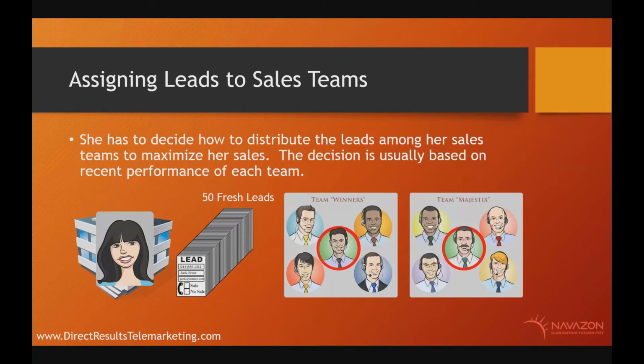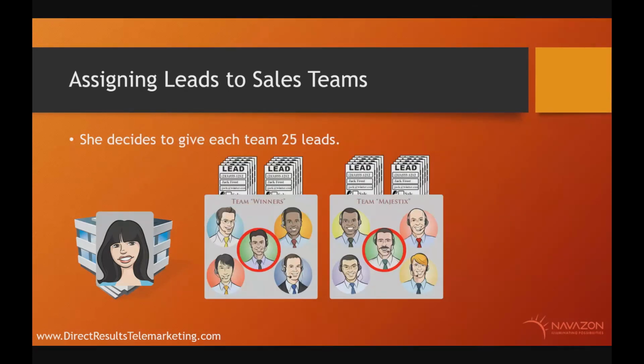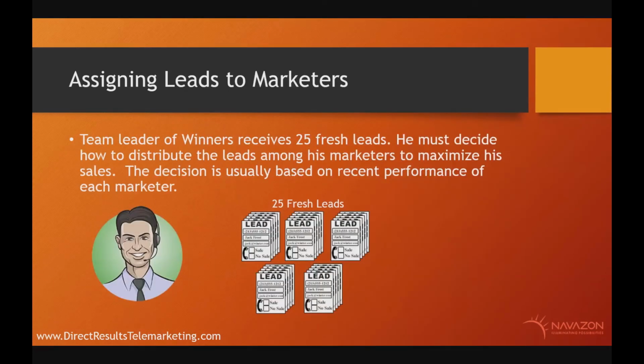But in this case, she's given them 25 leads each. Our teams in this example have 5 members each, and the team leader is circled in red here. The team leader is the individual who is responsible for the performance and sales of the entire team. He's responsible for all of his marketers. So each team is given 25 leads, and the team leader of Winners receives his 25 fresh leads, and he must